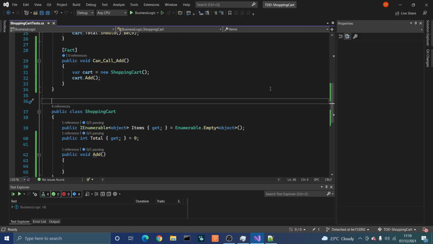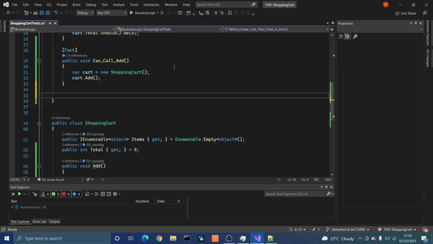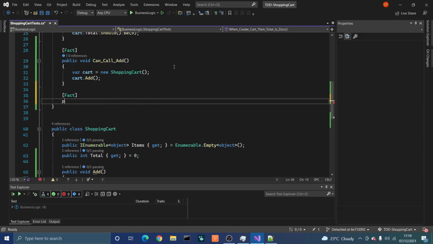Alright, I'm in Visual Studio now, and we're going to write this new unit test. As usual, we write the unit test first, and we're going to make it a fact, public void. I'm going to be using the given, when, then way of naming the unit test, which is given a certain precondition, when we undertake the action, then there is a certain post condition. The precondition will be that we don't have a product, or we have a null product. I'm going to call it given no product